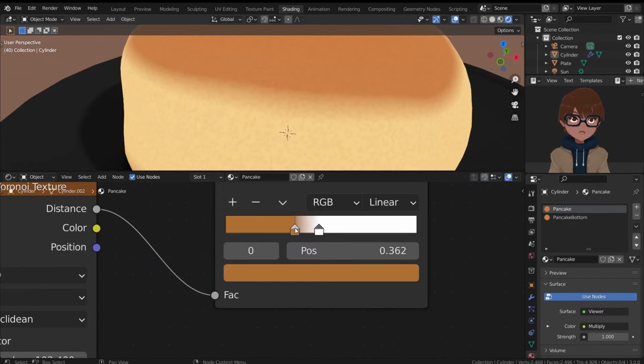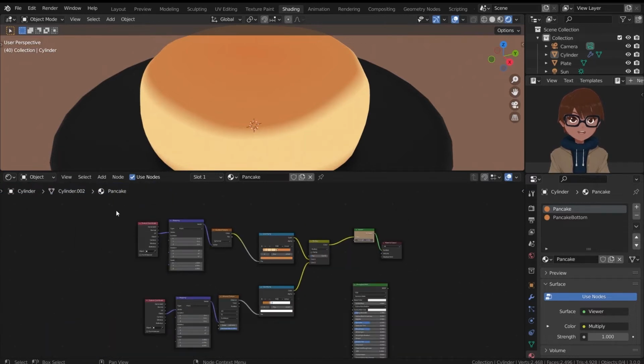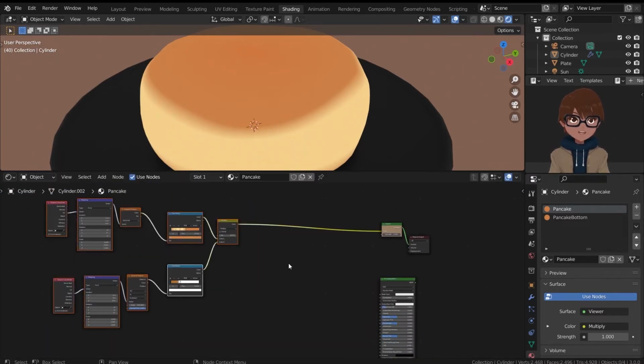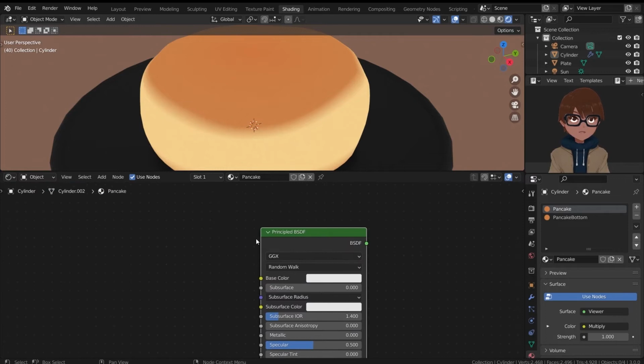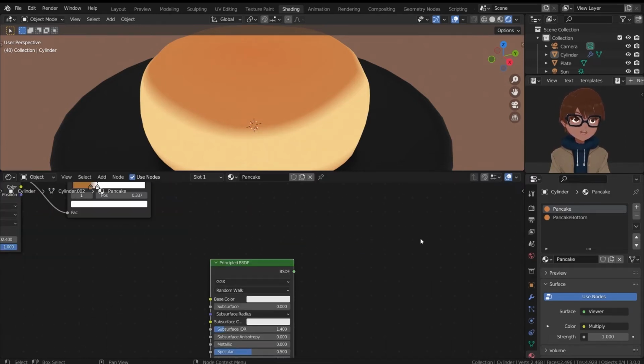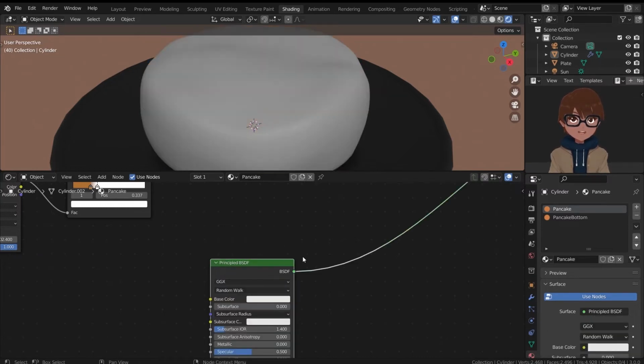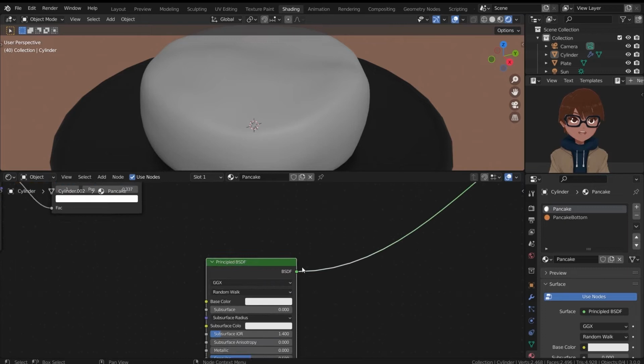I'm going to move this up to the left side and also the white to the left side so the dots are more separated. After this, I'm going to move these nodes to this side. And if you have kept the principled BSDF, you can actually use it now. You can hit Control Shift left click onto this principled BSDF to connect it to the output, and then you